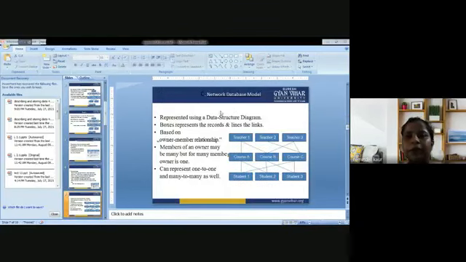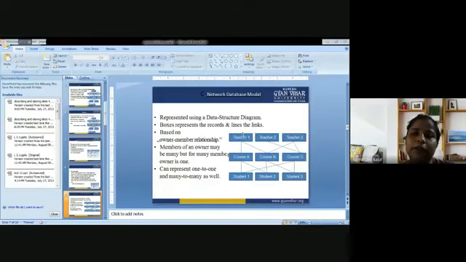So next is the network database model. This is the type of model, the networking model. We are supposed to build a network. Many teachers are there, like a teacher who is teaching so many courses. Again, in course A, there are so many students that are enrolled. So it is a network.